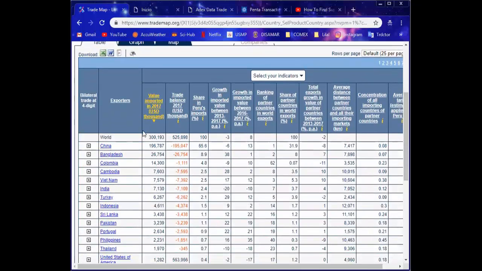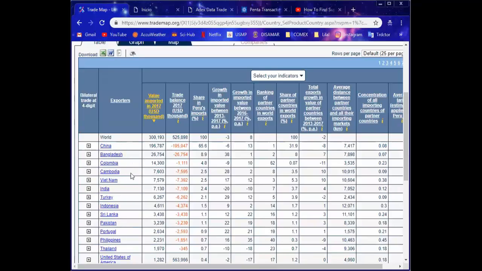We can see here a lot of shares, trade balance, value imported, but it means generally that we import products from the chapter 61, especially from China, then Bangladesh, then Colombia, Cambodia, Vietnam, and India.